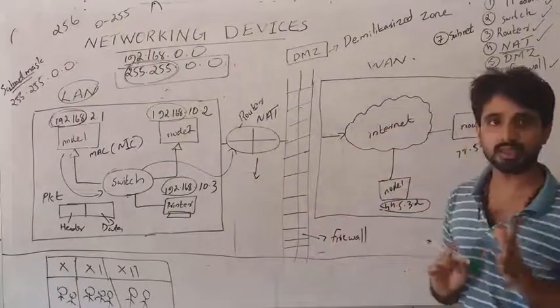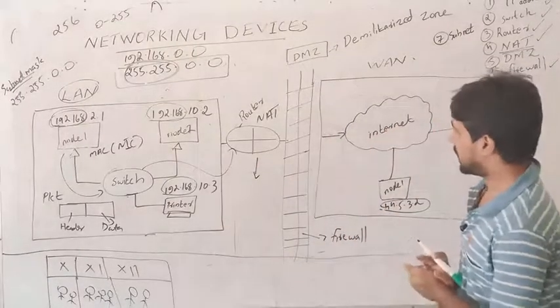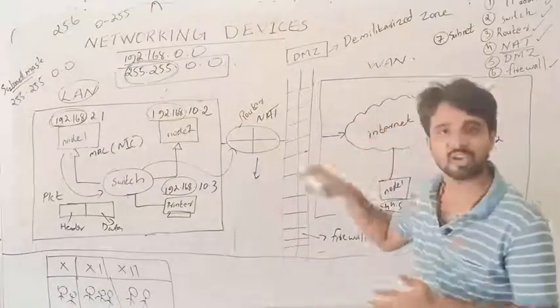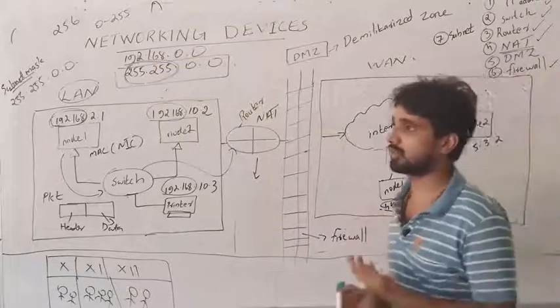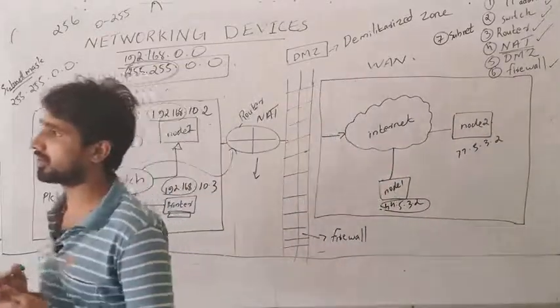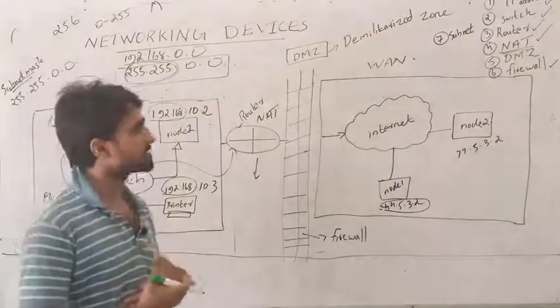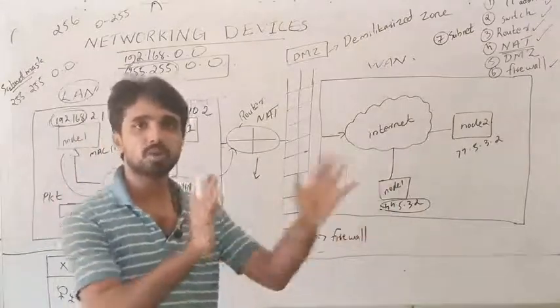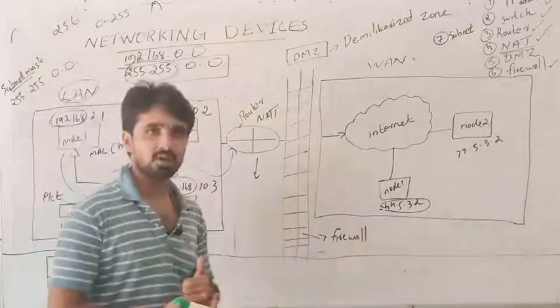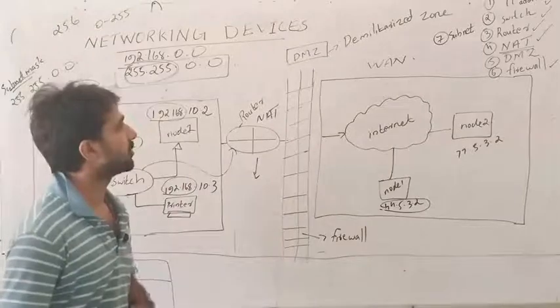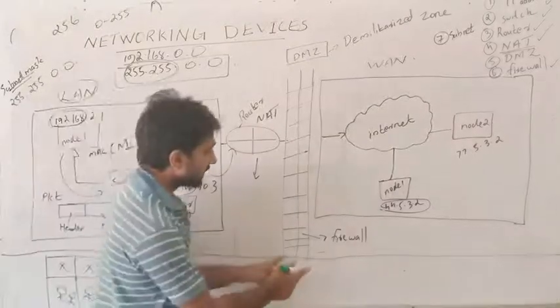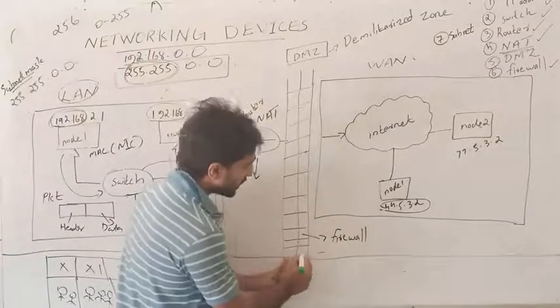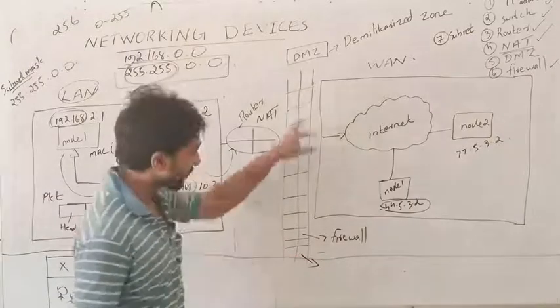Only authenticated people can pass. For example, we can customize the firewall like that. If you don't want to send or receive any particular message from a particular site, we can block that site by using this firewall. If you don't want any unwanted message from a particular site, we can set up that particular setting on this firewall.